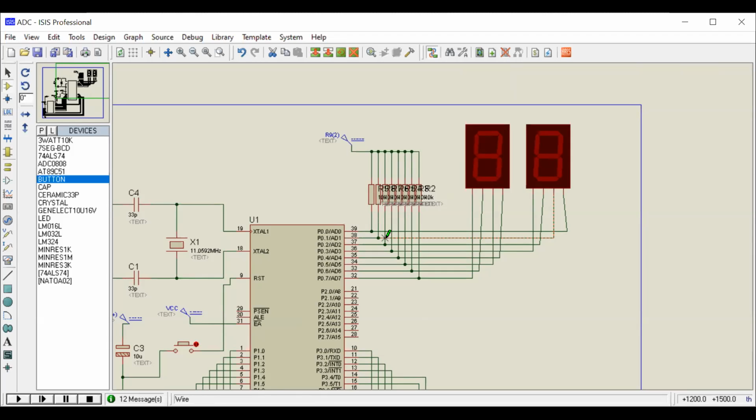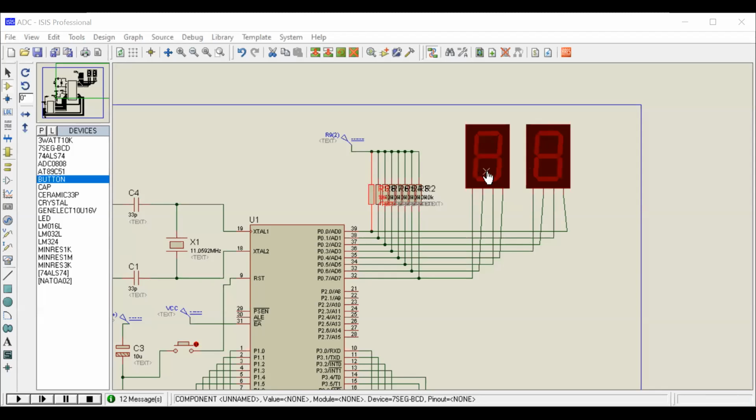Port 1, port 2 and port 3 have internal pull-ups. So I need to connect pull-up resistors to VCC, one resistor each. So the resistance values are connected.